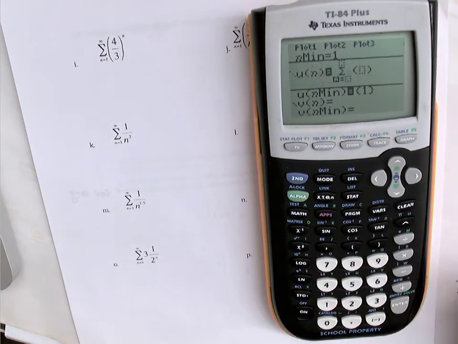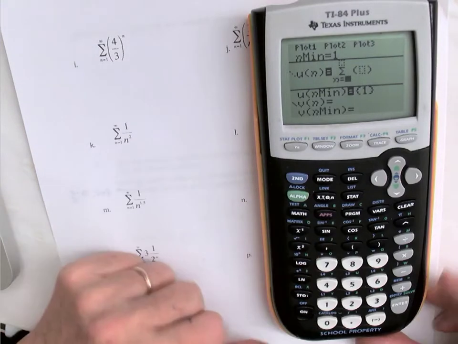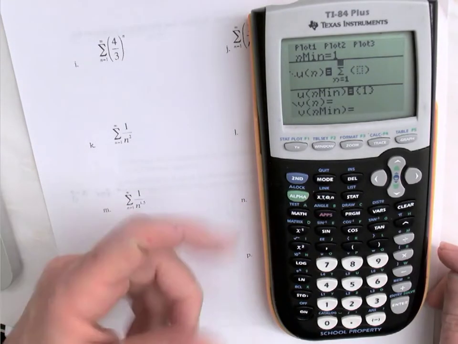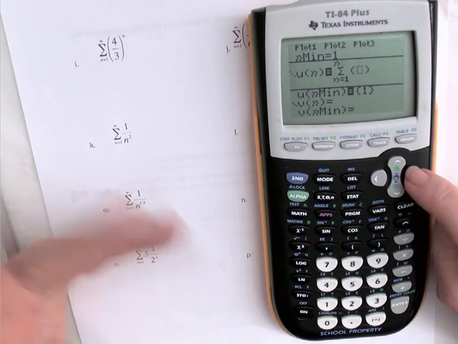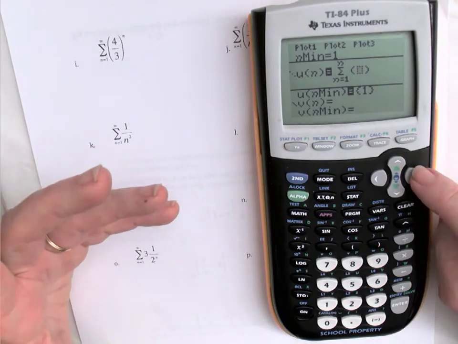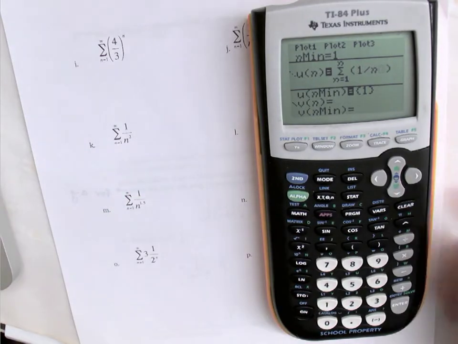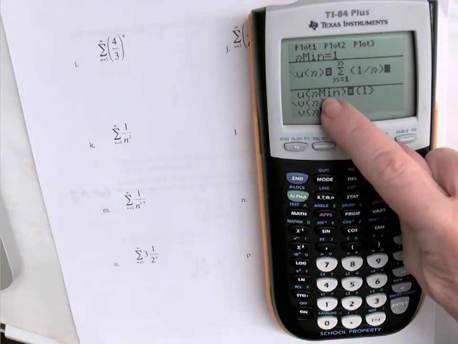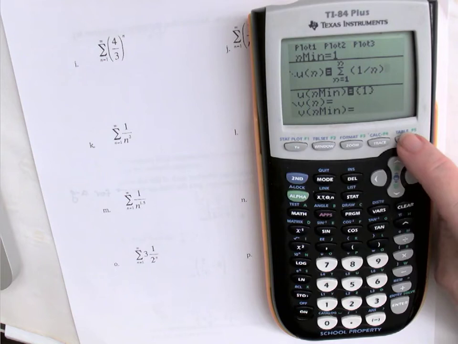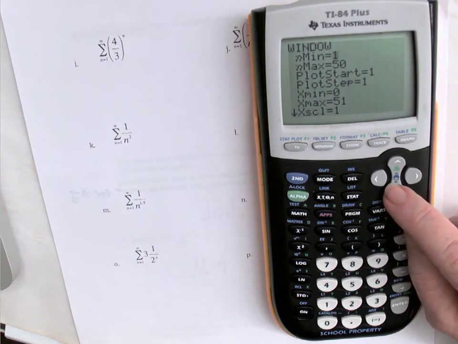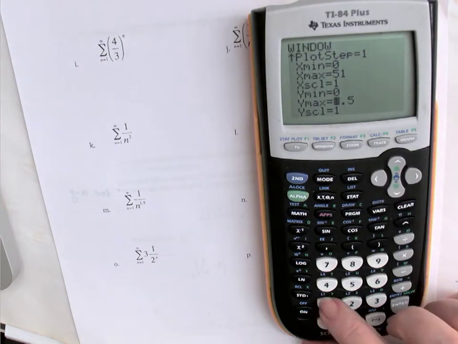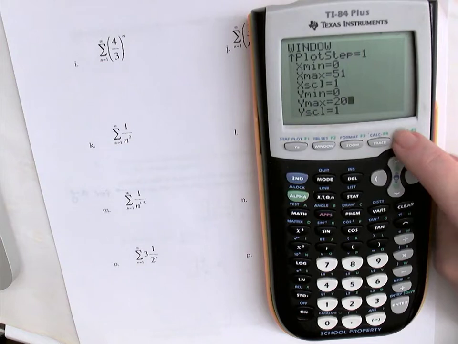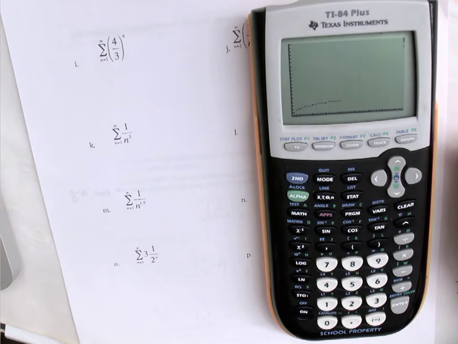So I'm going to press enter, and now n is going to go from 1 to n. Right? We want a variable there because we're trying to plug in a lot of different x values, and then I'm going to take the sum of, I'm going to do harmonic, okay, and u of 1, in fact, is going to be 1. So now when I look at the graph of this, let me just check my window. Okay. Well, I'll look at 50 ordered pairs, but I think my y max is going to have to be bigger. Let me make my y max 20 arbitrarily. And when I look at the graph of this,